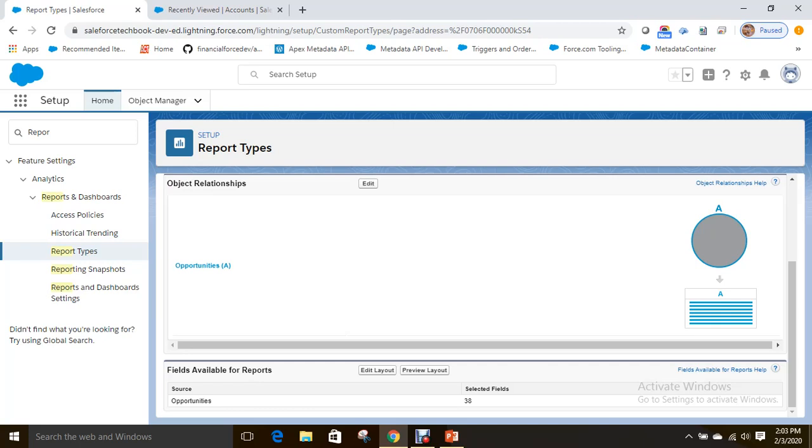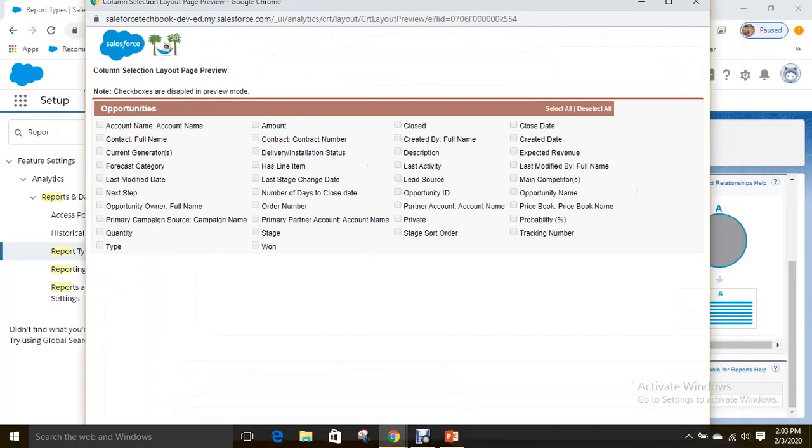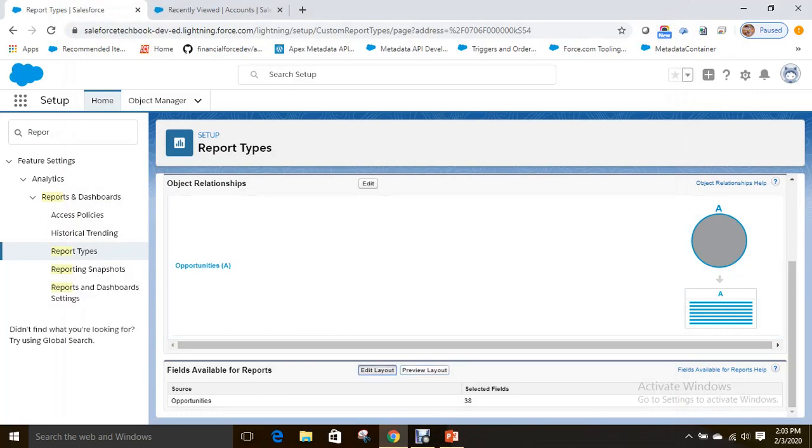And now if you see here, selected fields is 38, but I don't want to give all fields for the report generation when a user selects this report type. So for that, what you do, you can click on edit. Before that, you can see preview of all the fields you have. These are all the fields you have in the report type. Now you can remove by clicking on edit layout,